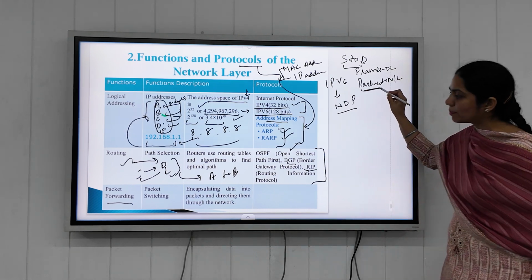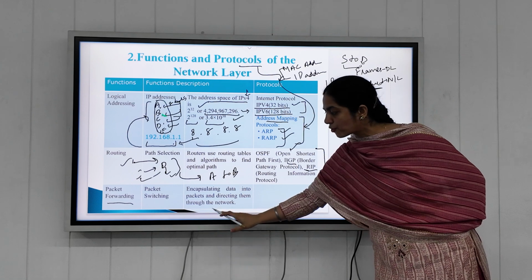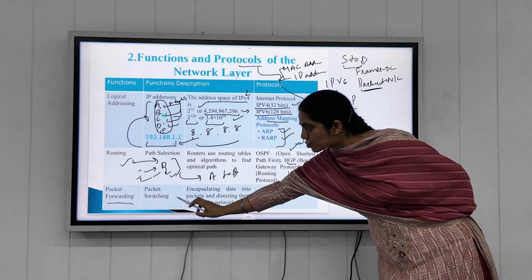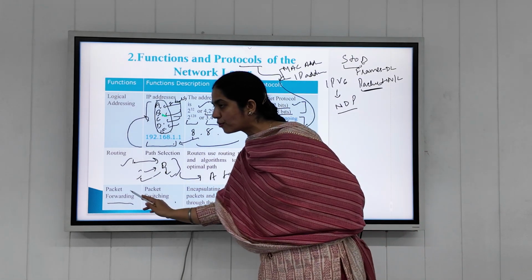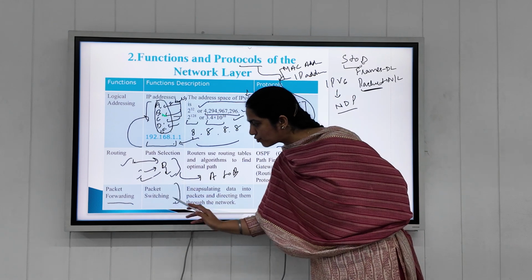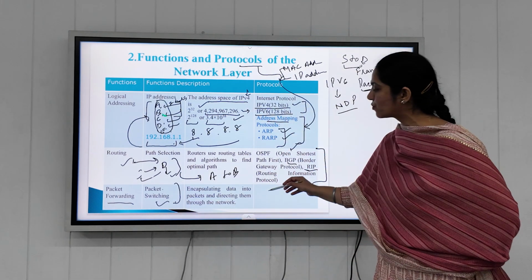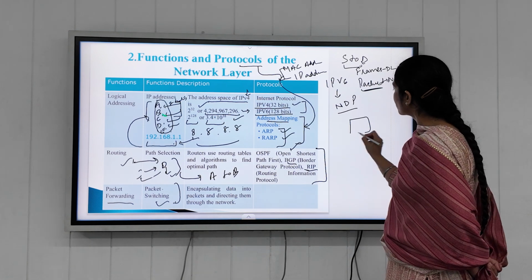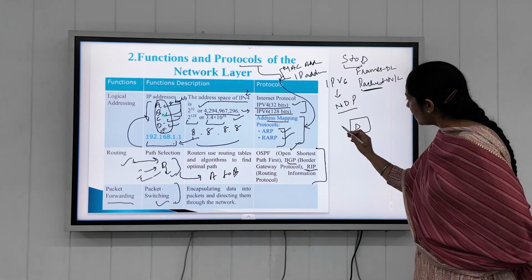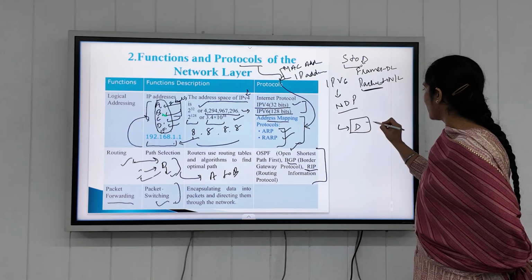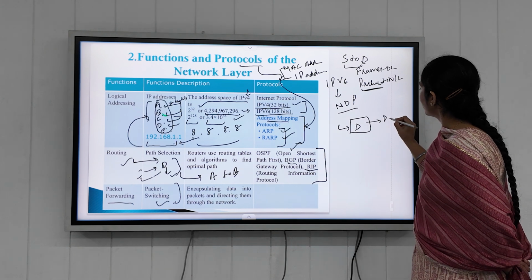So we are talking about the packet which has to be transferred from source to destination. This is packet forwarding. Which scheme of packet forwarding are we using here? That is packet switching, a technique we use to encapsulate our data and send it to the destination.